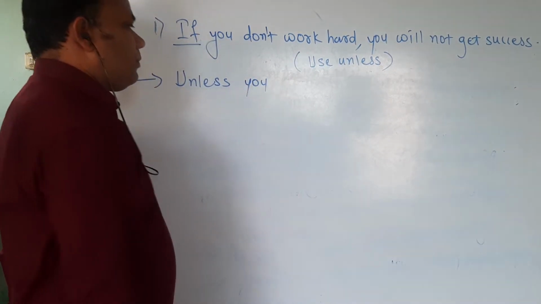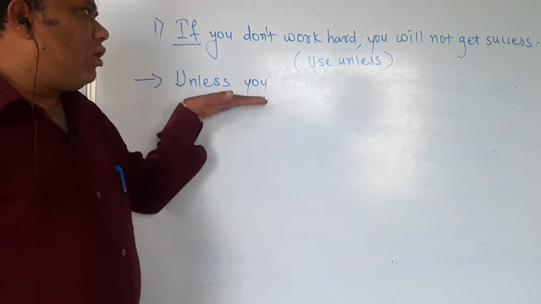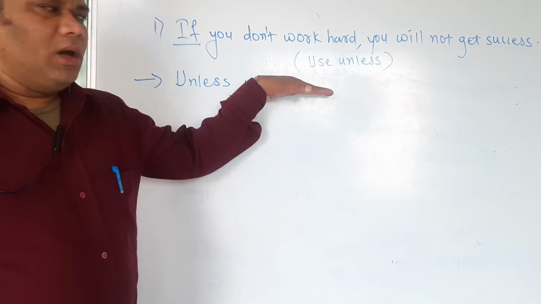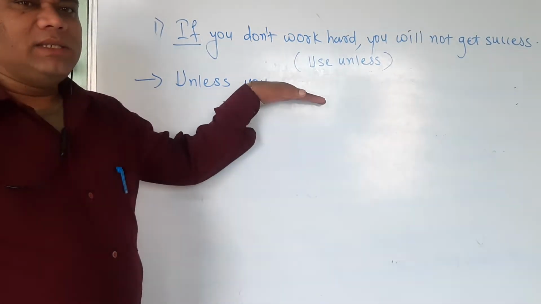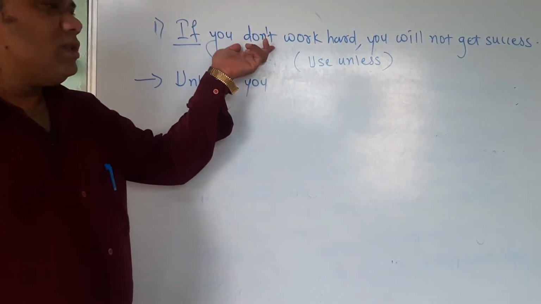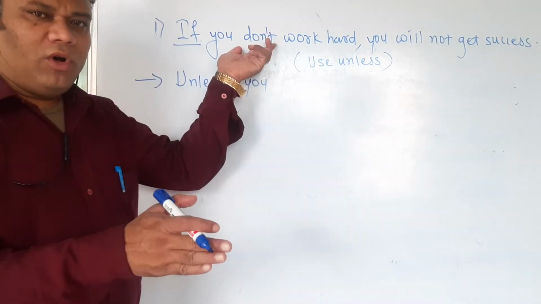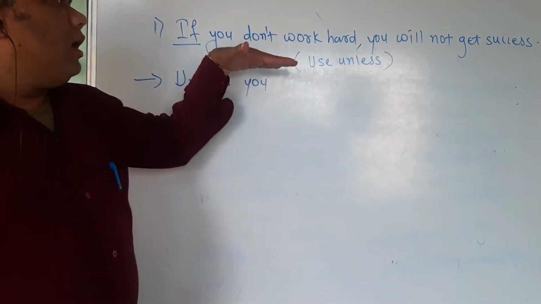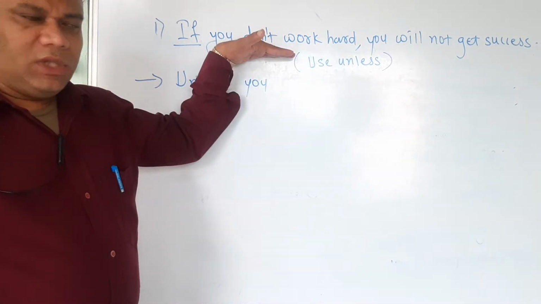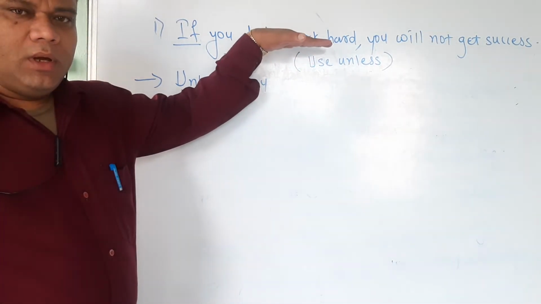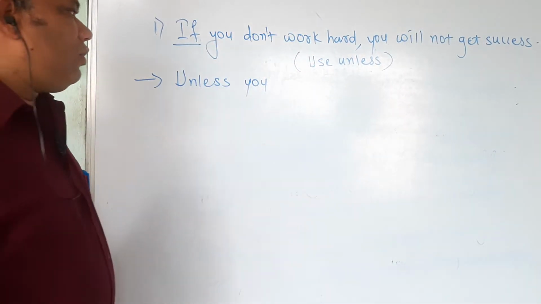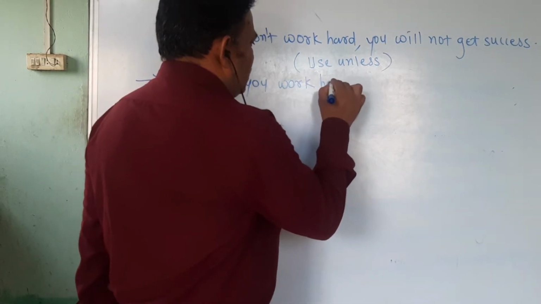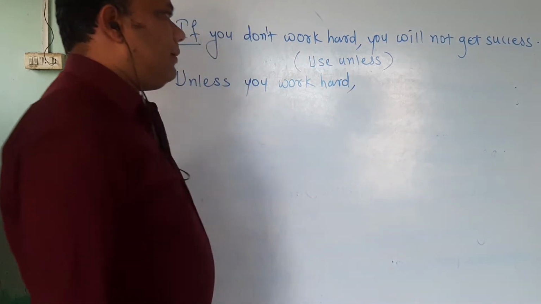unless you. Now as I said that whatever first verb comes, that first verb we have to make affirmative. So we have to cancel not, and here not is there along with do. Don't is the short form of do not. So the entire don't we have to cancel, and after cancelling don't, there will be no effect on the main verb work, that we have to use as it is. Unless you work hard,